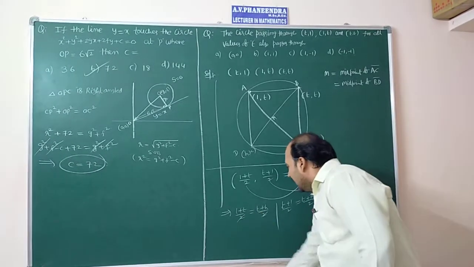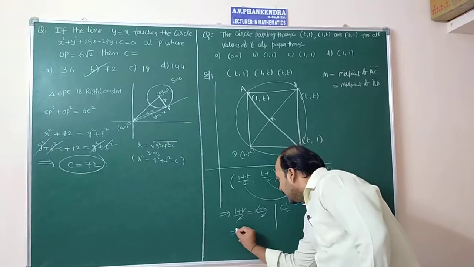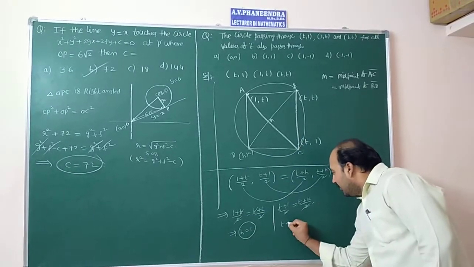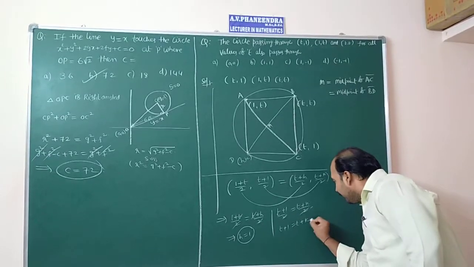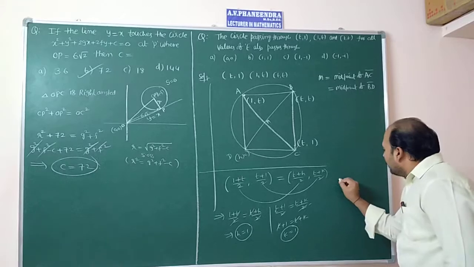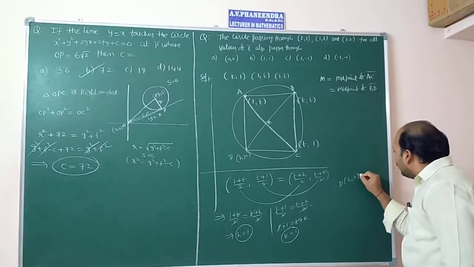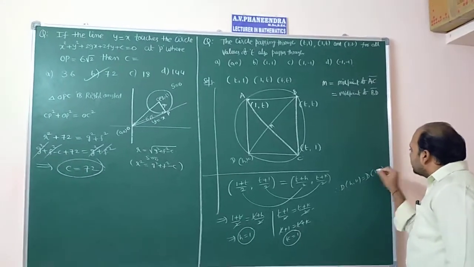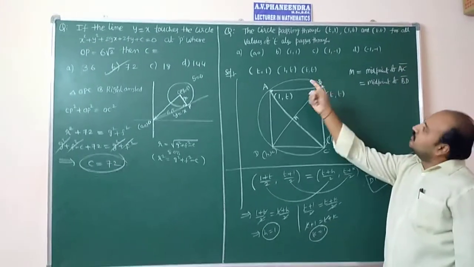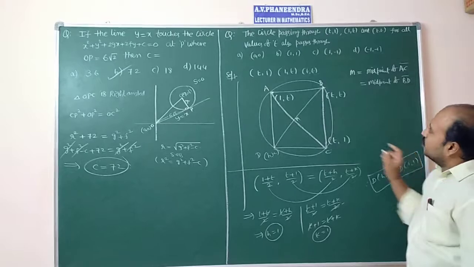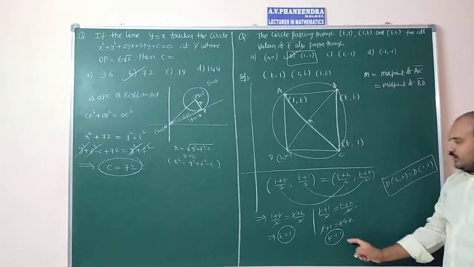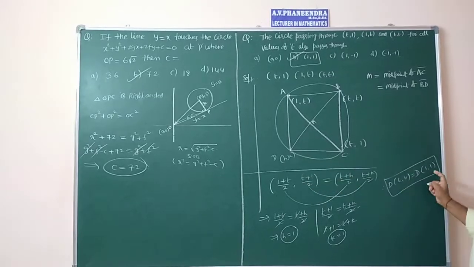So t, t get cancelled, h is equal to 1. Next here also t, t get cancelled, t plus 1 is equal to t plus k, t, t get cancelled, k is equal to 1. So the point D of h comma k is equal to D of 1 comma 1. The circle passes through not only the 3 points but along with the 1 comma 1 point also, which is there in the second option. h comma k we are assuming here, that is 1 comma 1.